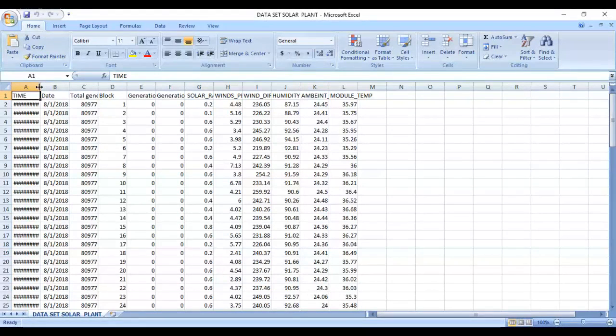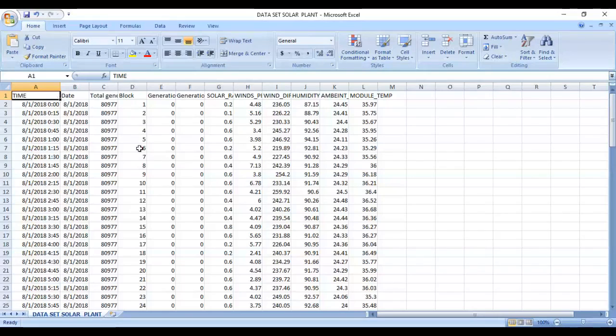See here, what are the headers we are using in each column? Just by using this only, we are going to see today. So time, then date. It is using date with time.